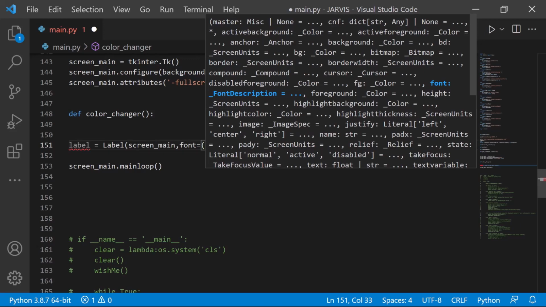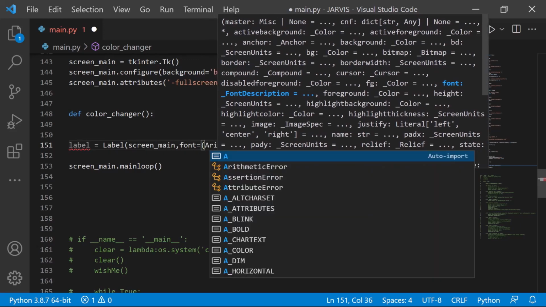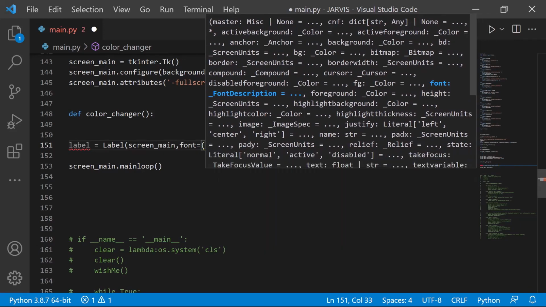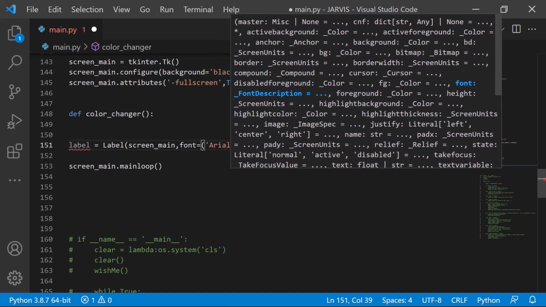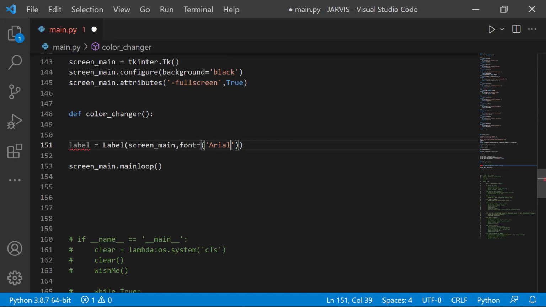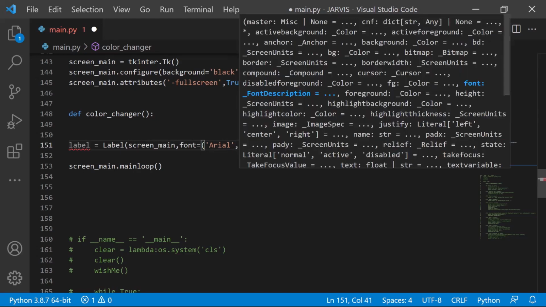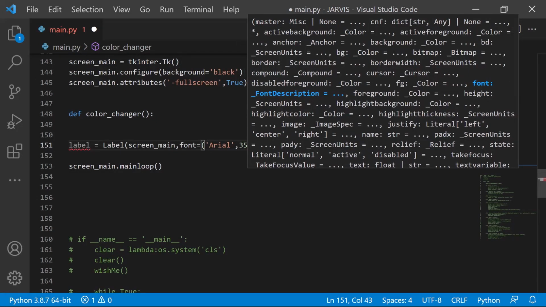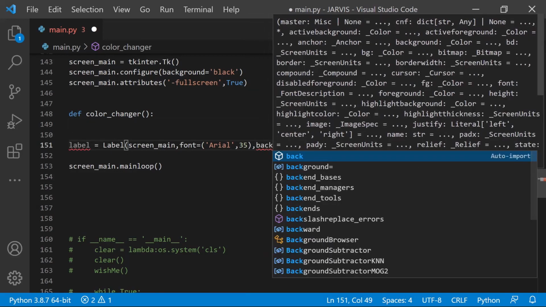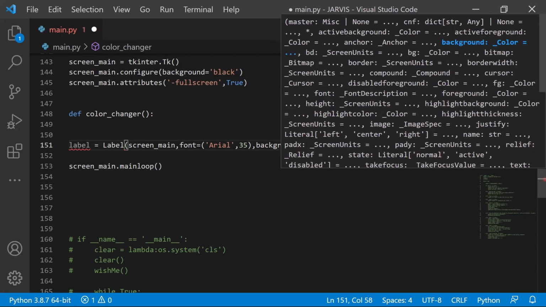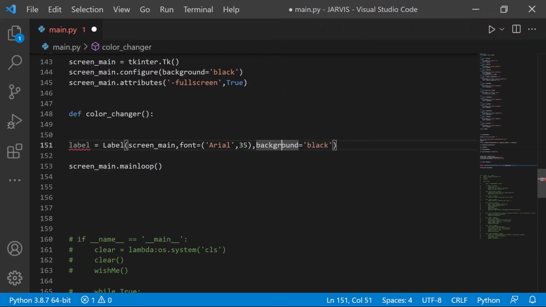Let's use Arial, could be the better one, I think so. This should be in quotation marks, and this, and again let's specify the size as 35, and background color, background of the text, let it be black. Okay, so now